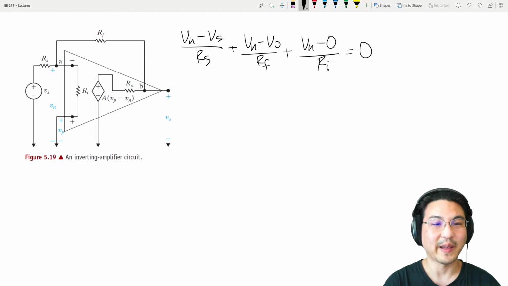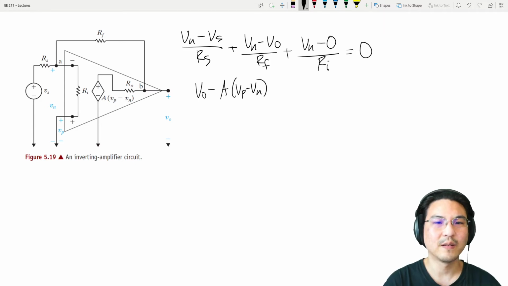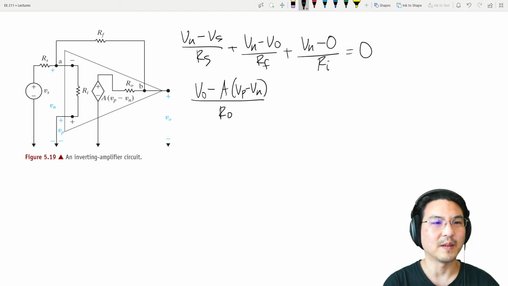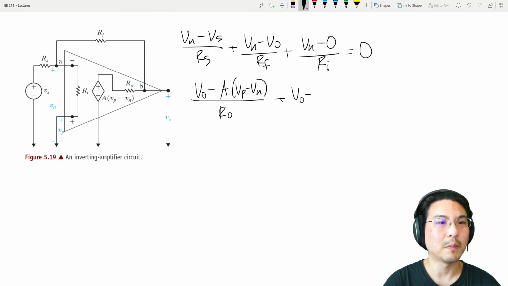So KCL at node B, there's current going this way, Vo minus the voltage here, A times Vp minus Vn over Ro, and then the current here, Vo minus Vn over Rf. Okay,